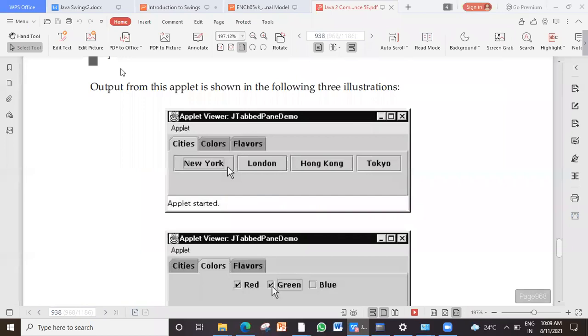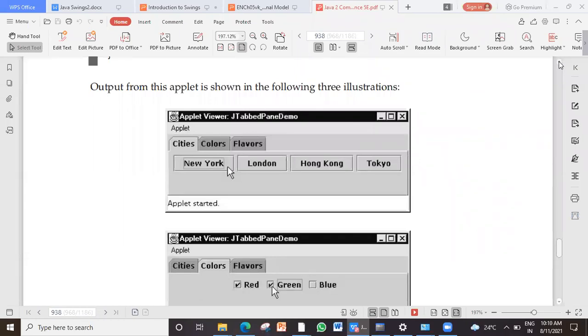I will show you the output first. This I have already shown you yesterday. Because I'm taking separate classes for A and B, I have to recollect which I have told in P and which I have told in A. Fine. So in the tabbed pane, first, this is one tab and its content. Second tab, colors, and its content. Third tab, flavors, and its content. Clear? So how are all these created?